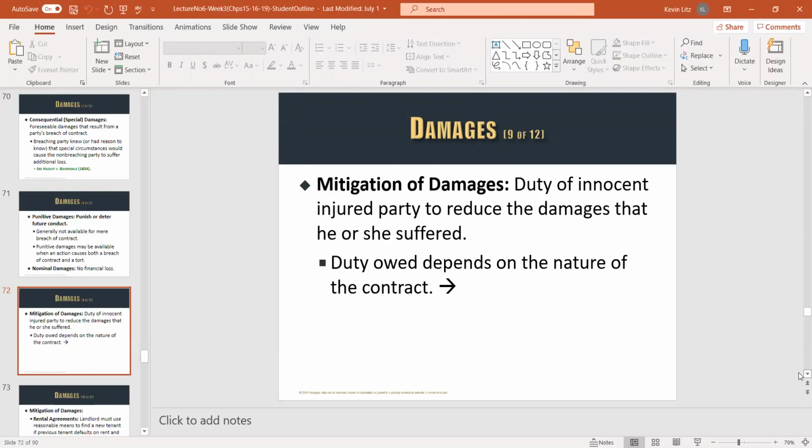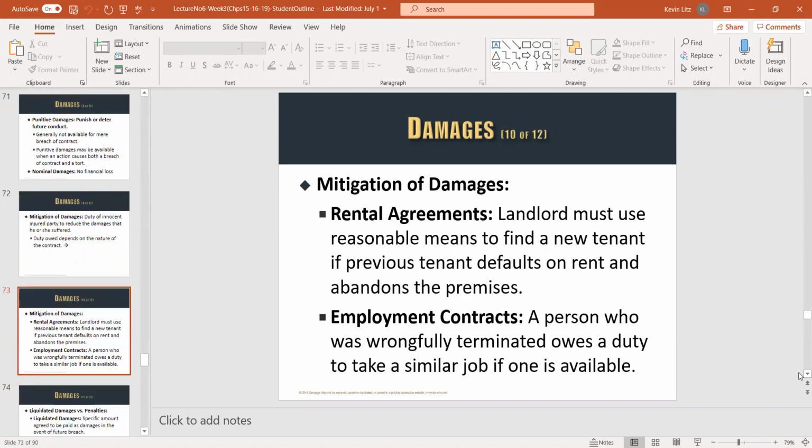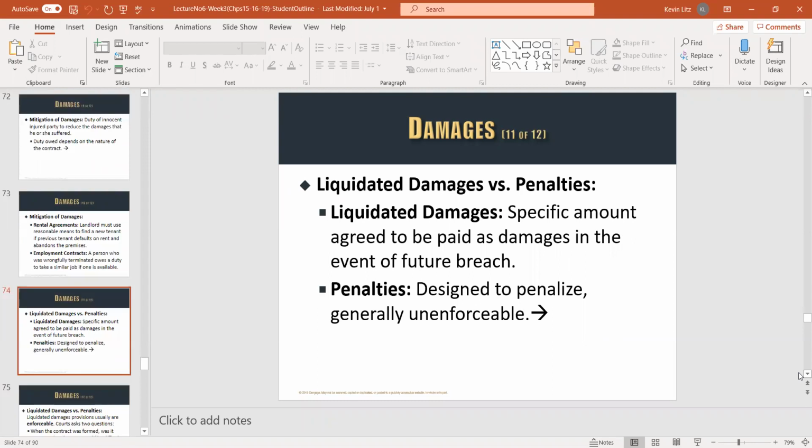The trick, if the tenant defaults on the rent and goes out, and the landlord has an acceleration clause, some might argue, oh, well, you owe me for a whole year's rent. Some might argue that no, you have a duty to try to re-rent it, landlord, and if you do, and you've not lost any money, then I don't owe you for an entire year. I'll let you read through the mitigation of damages.